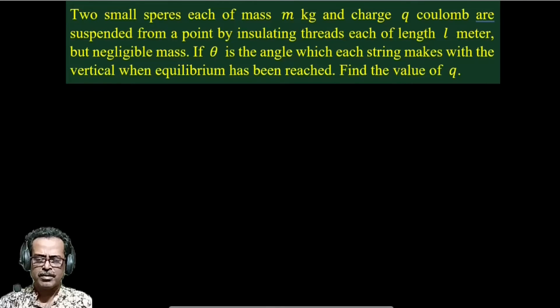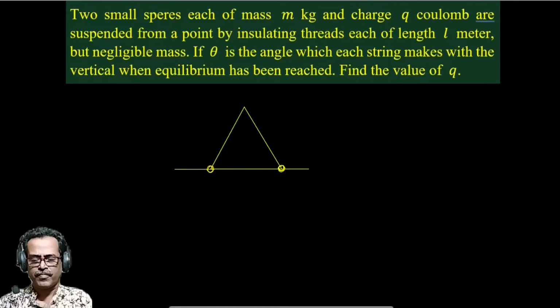Now, the two spheres are identical. They have identical mass and charge, so they repel each other and form an isosceles triangle. Suppose this is the isosceles triangle, with the other sphere here, and they repel each other, so the line joining their centers is like this. Now, if we consider one of the spheres, the tension of the string acts along this direction, and the weight of the object acts vertically downward, this is mg,